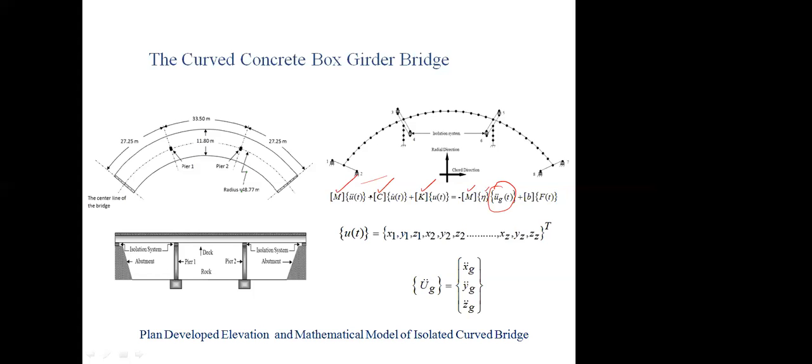Whereas U double dot, U dot and U are the acceleration, velocity and displacement that we have to find out. All these three things we can find out by using numerical methods. If you are using time history analysis, it is simple. Newmark beta is the best method, in which linear acceleration or average acceleration one can use very easily. So we can apply the different